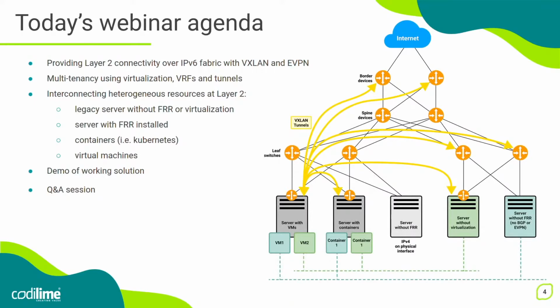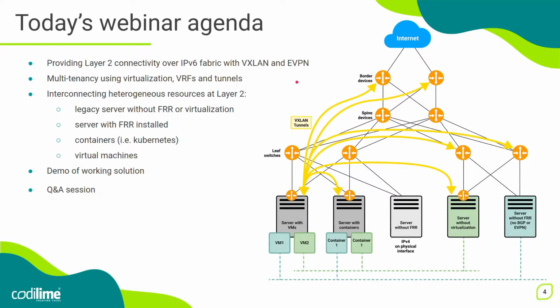So, you might know that in case of typical layer 2 communication in data center, traditionally VLANs were used. So we needed to stretch VLANs throughout the DC. However, here we are using IP fabric. And in order to provide layer 2 connectivity through an IP fabric, we are going to use so-called VXLAN tunneling, where Ethernet VPN will allow us for easier configuration and for some additional benefits, which we'll talk about in a second.